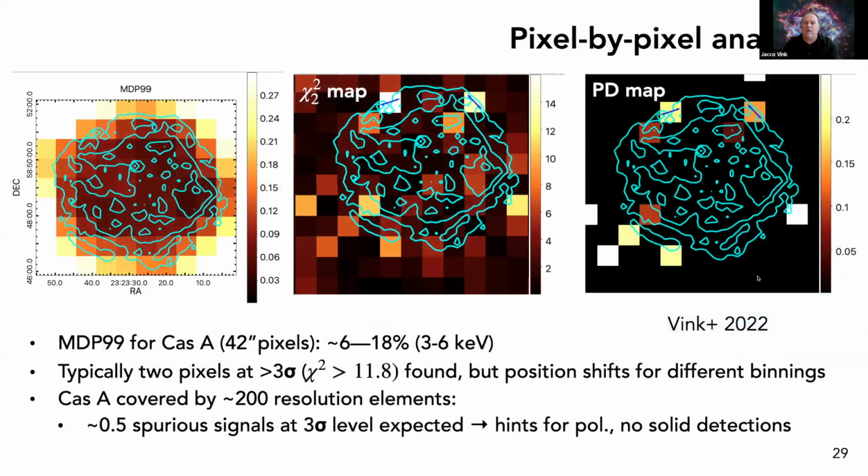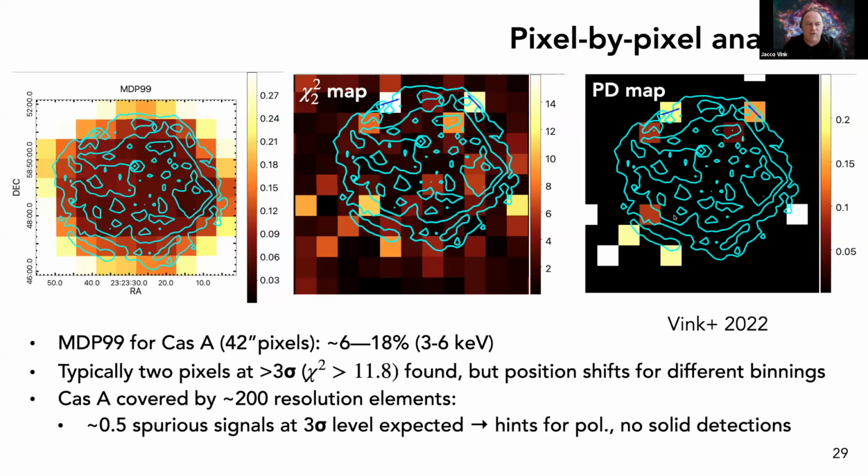So this is what we get. Here you see a chi-square map. This indicates that if the chi-square is high, there is some indication of polarization. And we got 3 sigma detections in those 2 pixels here. But 3 sigma is not really enough because you have many pixels. So that is a number of trials. If you take the number of trials into account, it was not a 3 sigma detection. So we didn't call it a detection yet. If you trust it as a detection, the polarization degree in those 2 pixels is around 15% or so.